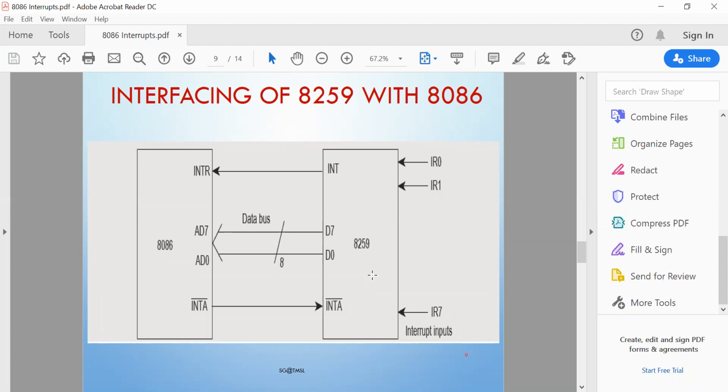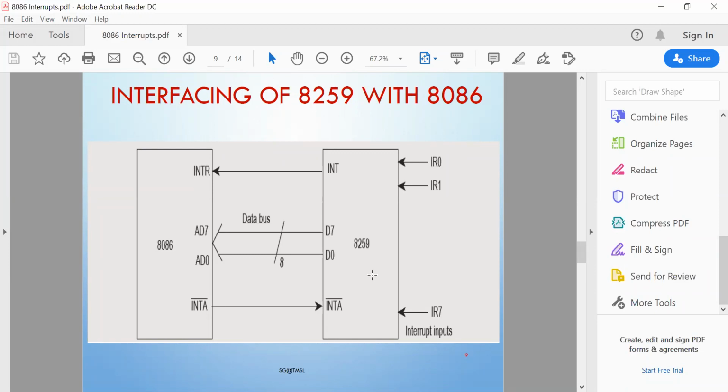If INT 01 is to be processed, then 01 should be transferred through the lower order address and data bus, AD0 to AD7. Only 8 bits are required to process the interrupt type number.